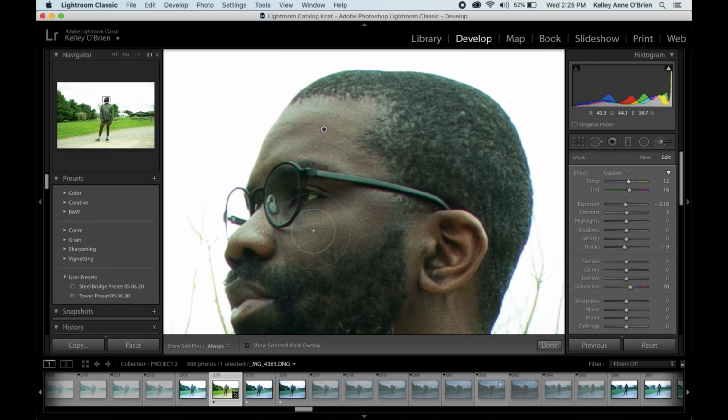So I'm going to make a couple different brushes because I think it really helps to have a few different ones. Once I make one brush, you'll notice that this dot stays in the same spot. And you can change the size of the brush as you move through it so that you can get smaller details and larger details of the face. And so you'll notice here that there's this one dot. But if I press the new button here, as I'm going to do in a second,